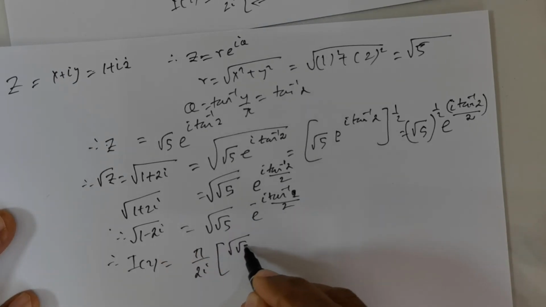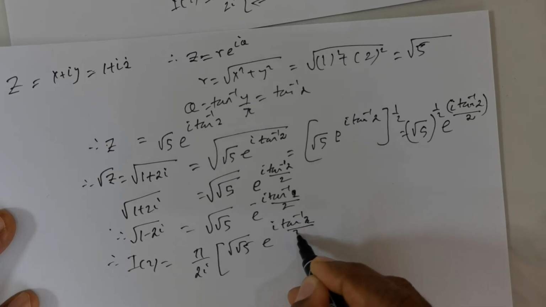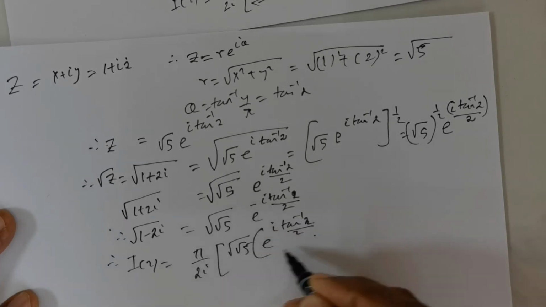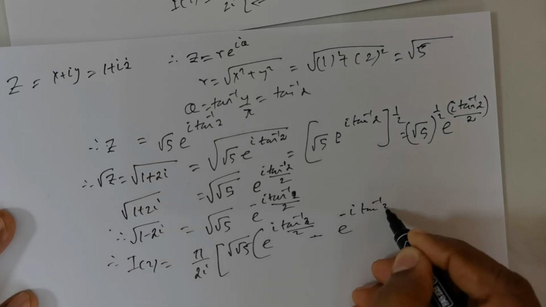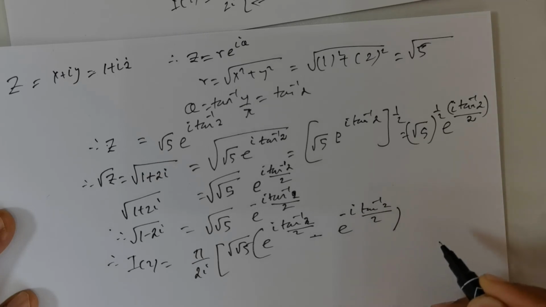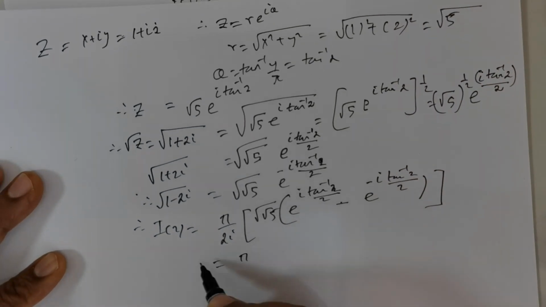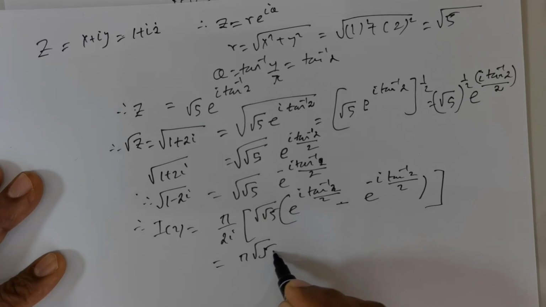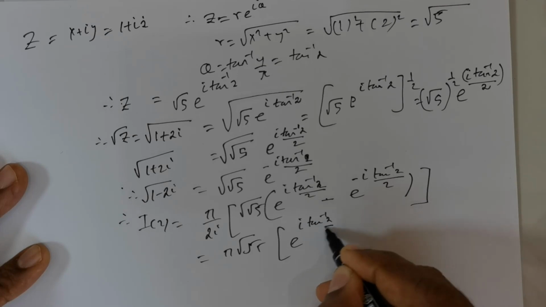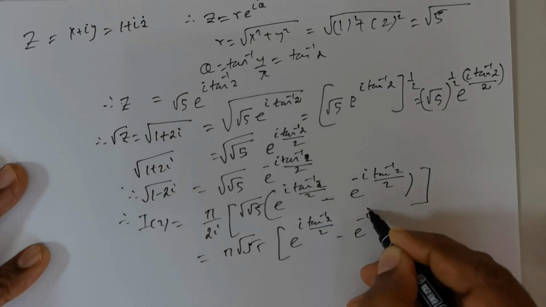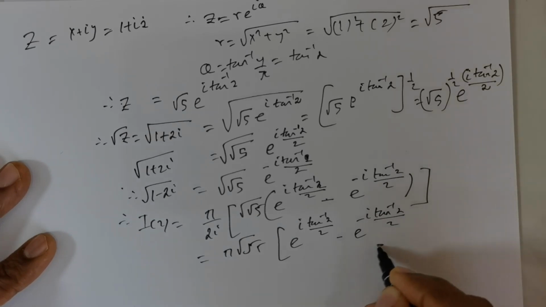This is going to be root of 5 e raised to the power of I times tan inverse of 2 over 2. I can take root of 5 common, so it's going to be negative e raised to the power of negative I times tan inverse of 2 over 2. So this is what we have got. Now I push this 2i inside, so let me retain the pi. Root of 5 is going to be e raised to the power of I times tan inverse of 2 over 2 negative e raised to the power of negative I times tan inverse of 2 over 2, divided by 2